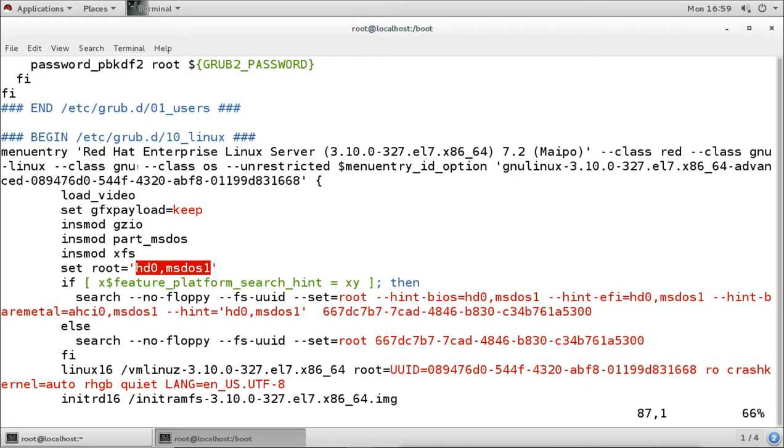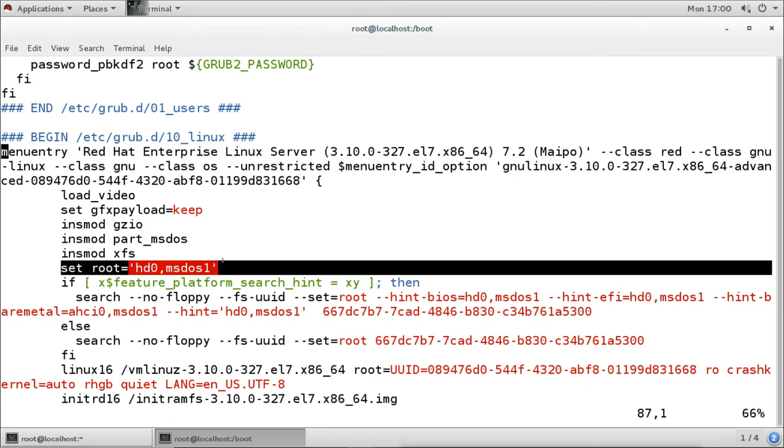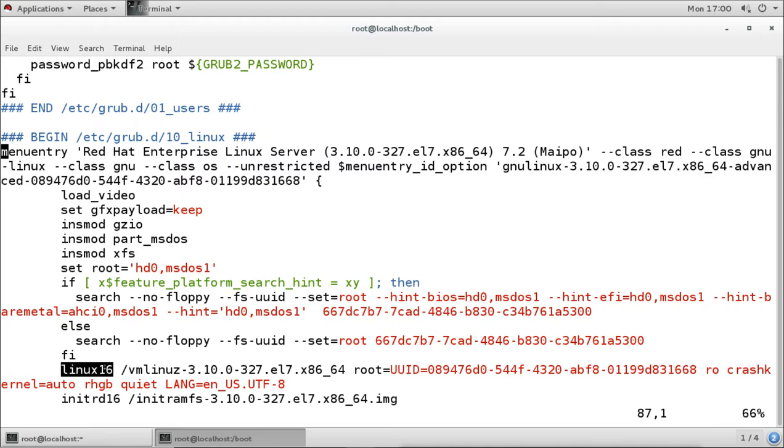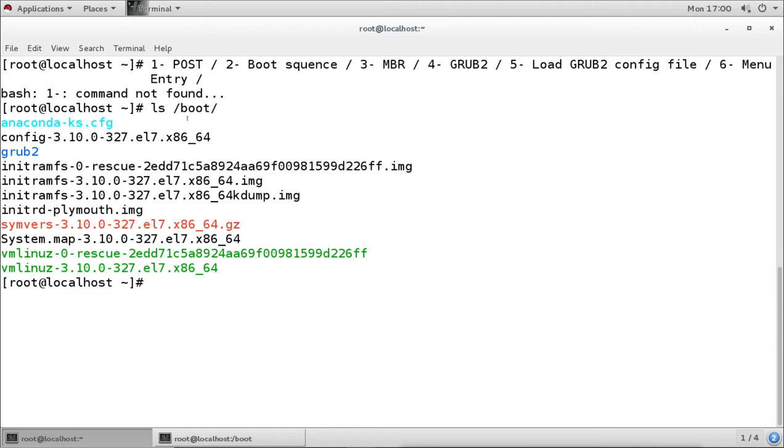So if you select the first entry, it sets the boot partition with these entries, and after setting the boot partition, it looks into /boot and loads the kernel. This is the kernel file for the first entry, and this file is also under the same directory /boot.